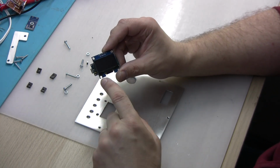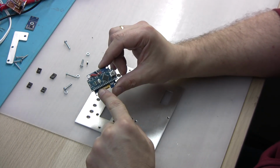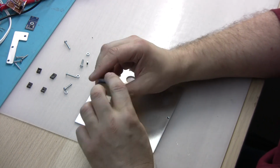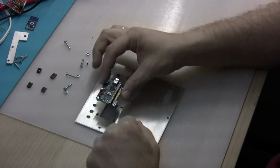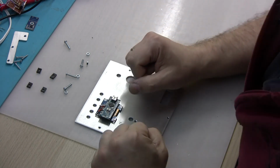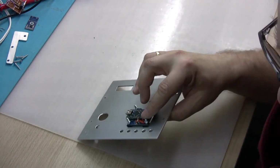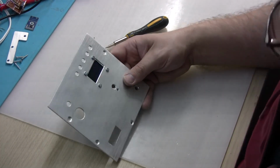What I've done already, I've soldered and glued an Arduino Nano to the back of the 1.3 inch OLED screen, and now I'm going to fix this screen with the Arduino to the back of this plate. Okay, so the screen is in